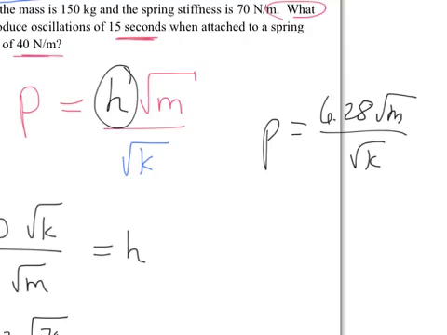Should I solve for M generically? 15 can go here, 40 can go here, 6.28 radical M. You have to multiply by radical 40, divide by 6.28, and then square both sides to get rid of the